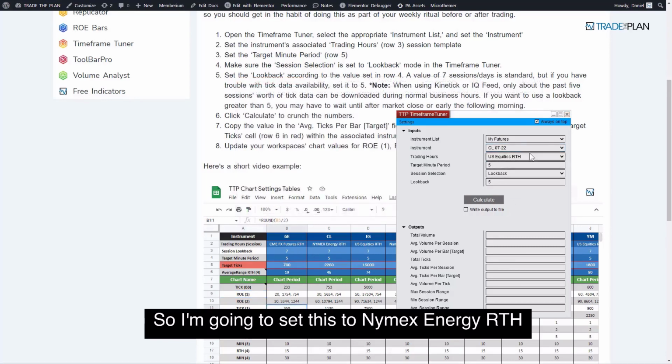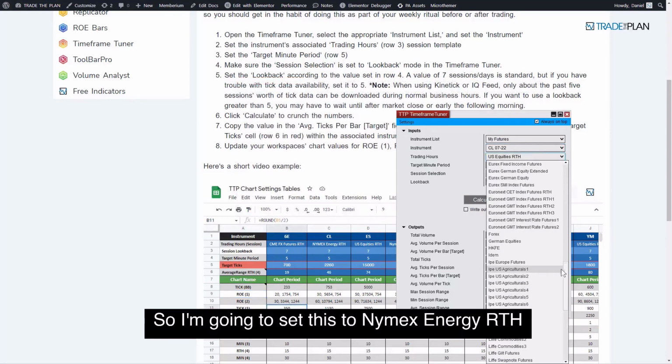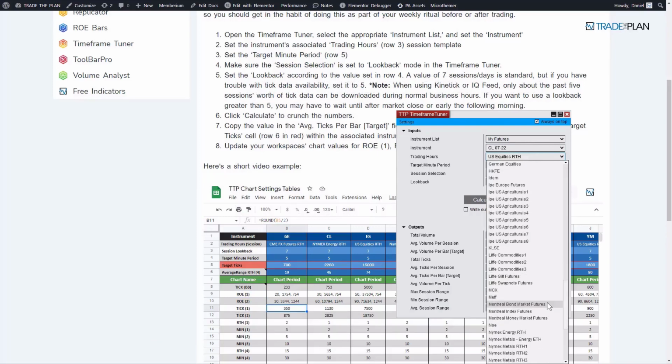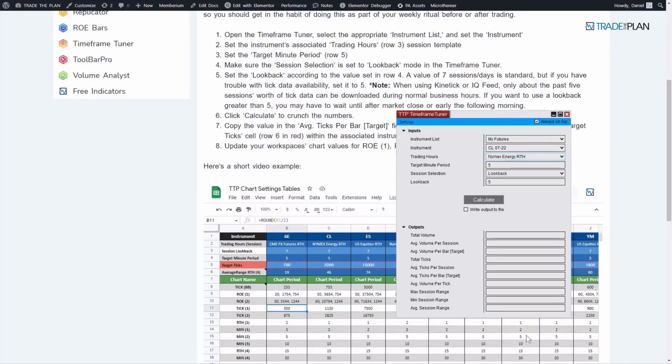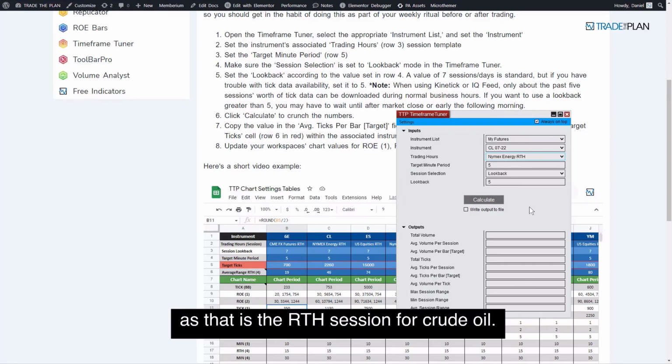So I'm going to set this to NYMEX Energy RTH,